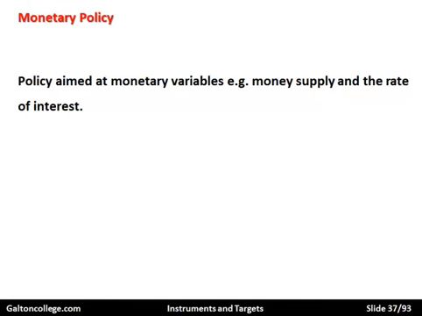And the interaction between demand and supply determines the price of money, and the price of money is the rate of interest. So monetary policy is looking at the supply of money to try and regulate the rate of interest, to try and determine the rate of interest. And the government may wish to do this because it wishes to help people buy homes or reduce the cost of credit on the high street, or to reduce interest rates so people will borrow more for perhaps investment purposes.